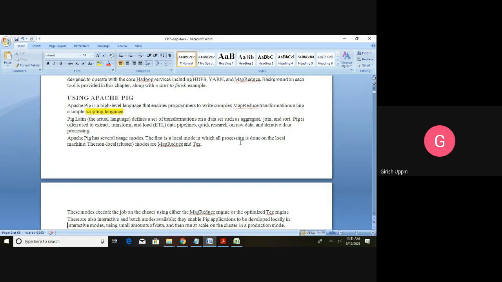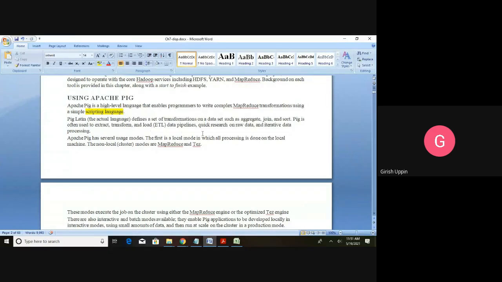Then you can calculate the age based on the current date, and the date of birth will get transformed into age. That is another example of a transform. It depends on the project requirement what transformations are required. So we will do those transformations and we will load the data. Those are called ETL, extract, transform, and load.